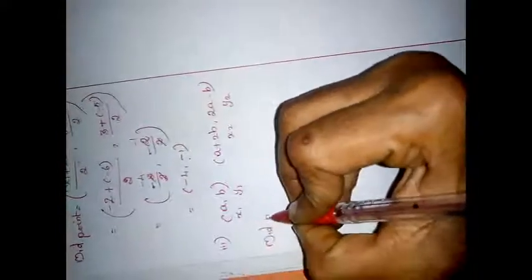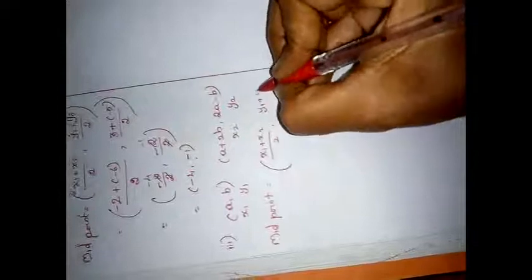in the same way. The third sum: (a, b) and (a + 2b, 2a - b). Same process. Take the first point as (x1, y1) and the second point as (x2, y2). Now the midpoint formula. The midpoint formula is ((x1 + x2)/2, (y1 + y2)/2). If you apply this formula,